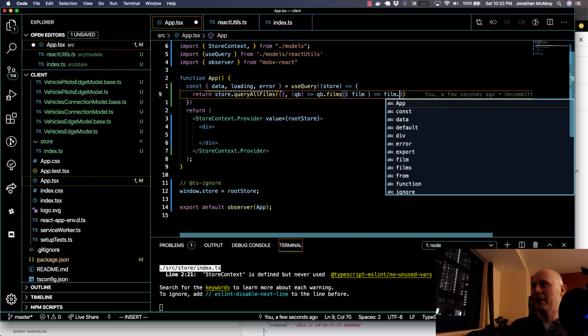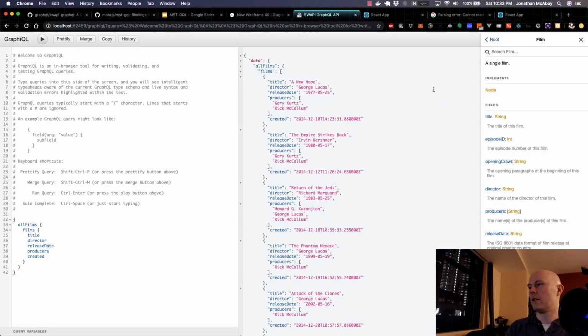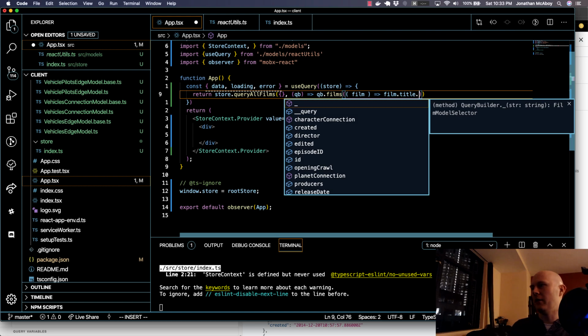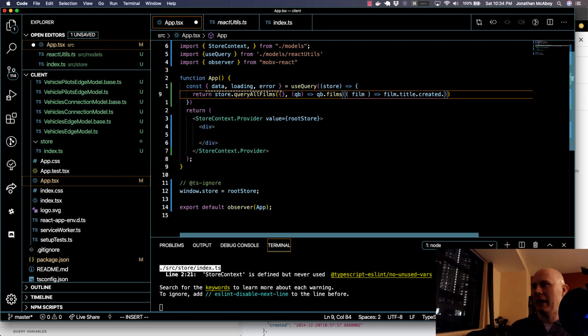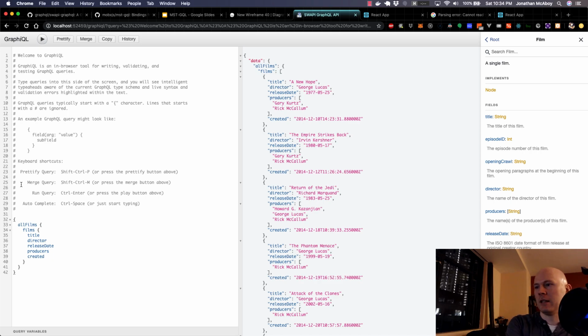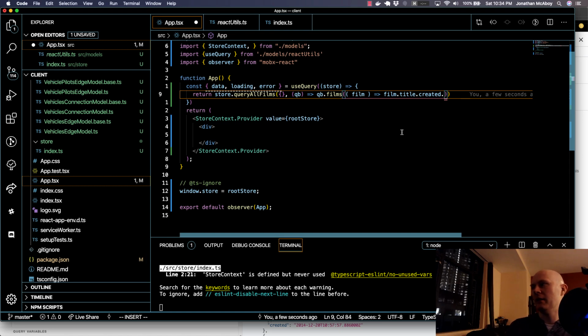You can do film and then dot. I don't know why it's not giving me the autocomplete there. You can do film title dot. Okay, there we go. That's better. And now you can infinitely put whatever properties you want. You can just append it with the dot, which I'm pretty impressed by. So you can do title and then created, and what other fields do we want here? Let's get the director, release date, and producers. So you can just do dot